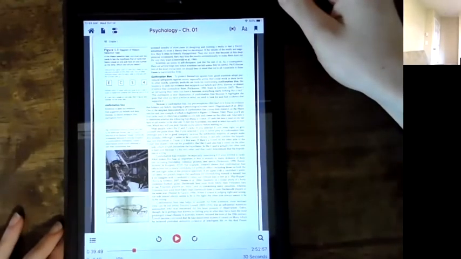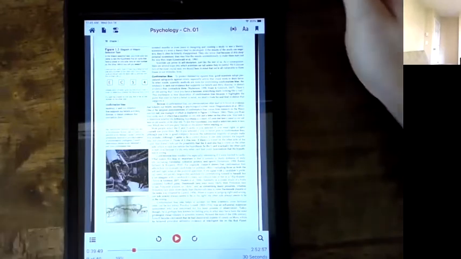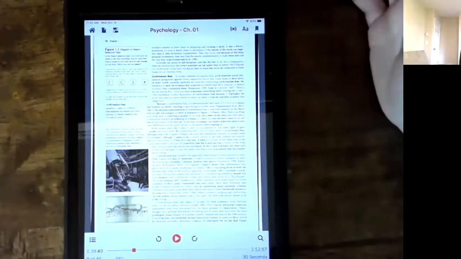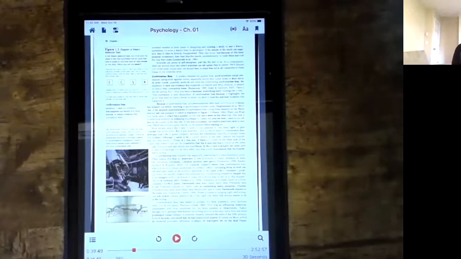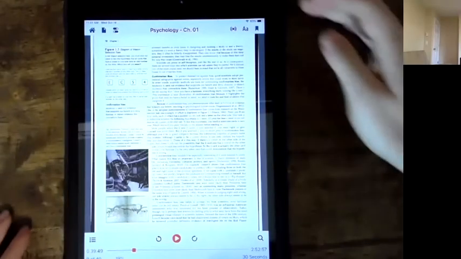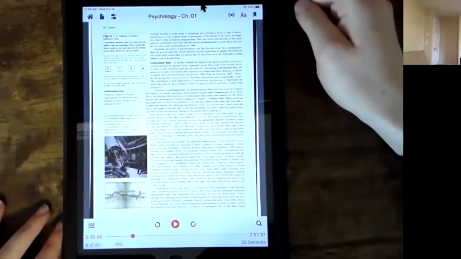So this is a really great option for a lot of students who want to have something available on a mobile device and an application that will read their text out loud to them. Similar to Natural Reader, Voice Dream Reader can only read accessible documents, but Voice Dream Reader does have a separate app that you can purchase that is called Voice Dream Scanner that allows you to scan documents, and then it has technology that can convert that document from an inaccessible picture into an accessible document that Voice Dream Reader can then use and read.